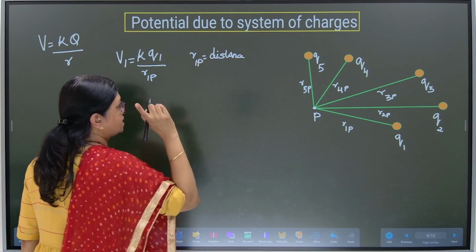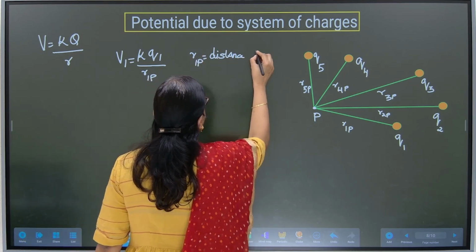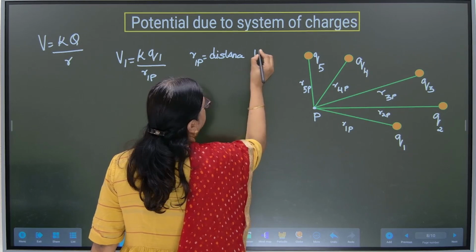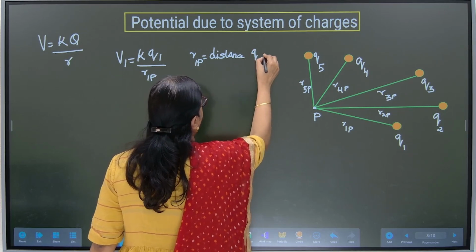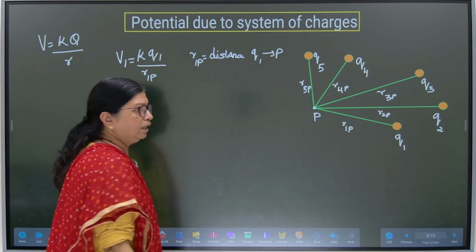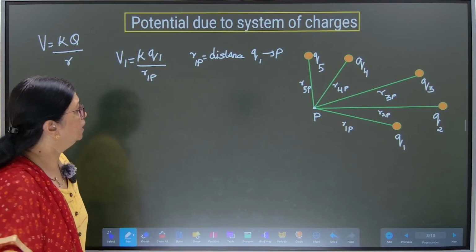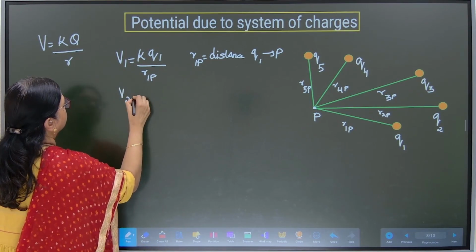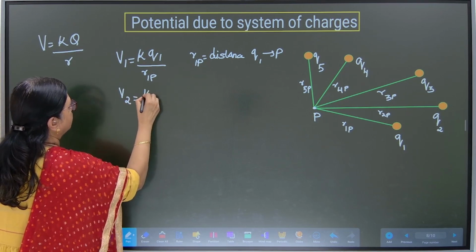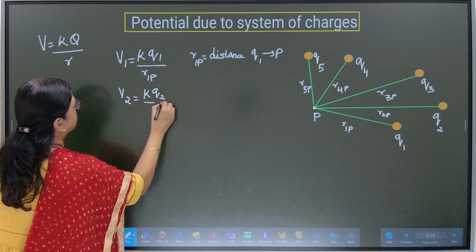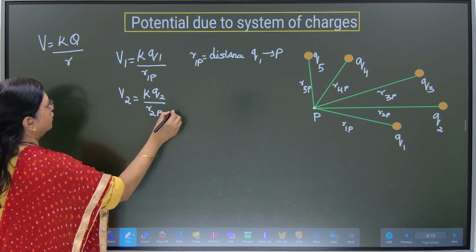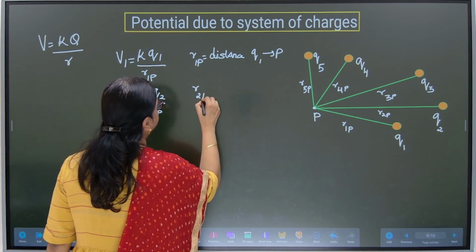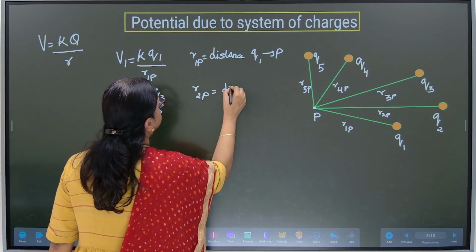Remember, potential is a scalar quantity. Distance between the charge Q1 and P, I am just writing in short. Similarly, if I write V2, then V2 is equal to K Q2 upon R2P, where R2P is the distance